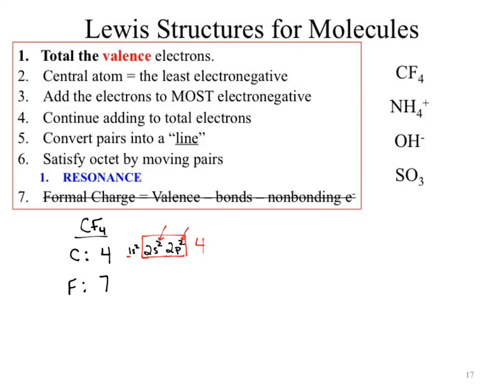Now the next question is, when we're totaling our valence, we have to count the valence electrons for every single atom within our structure. How many fluorine atoms are there? How do you know there's 4? Because the subscript after F says 4. So whatever's directly in front of it, that's how many we've got. All right, so there are 4 fluorines. We could do that by adding fluorine in 4 times, or